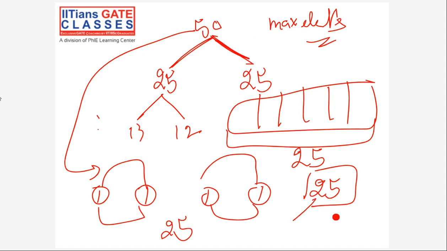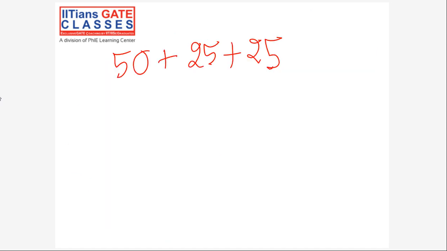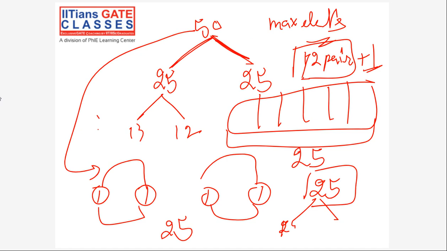I'll again do comparisons. Let me split it, see. When I finally split, I will get 12 pairs and one element extra. So these 12 pairs have to be compared, right? How many more comparisons? 12 plus 12. Minimum also I'm doing the same thing. Now out of these 12 pairs I'll get 12 plus 1 extra, which was there. I did not compare this with anyone. 12 plus 1, 13 elements now.